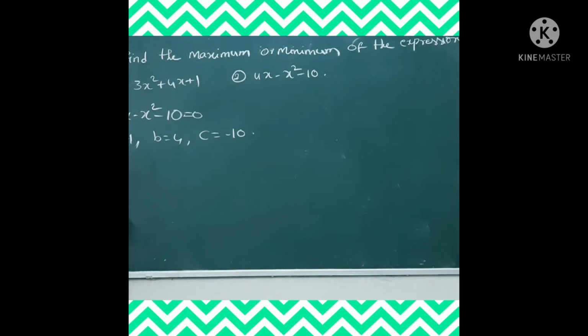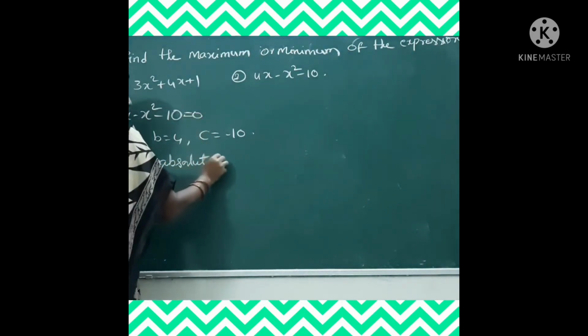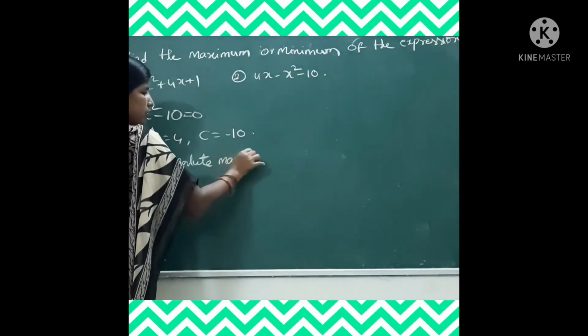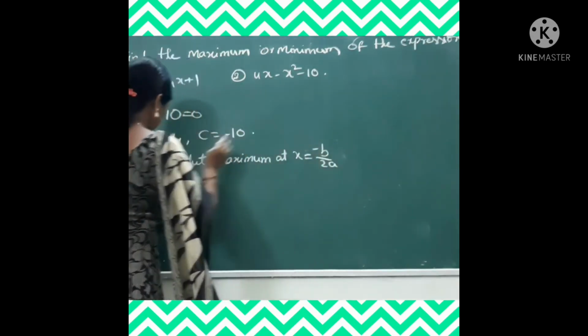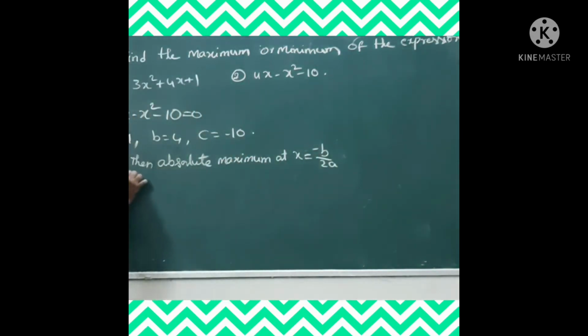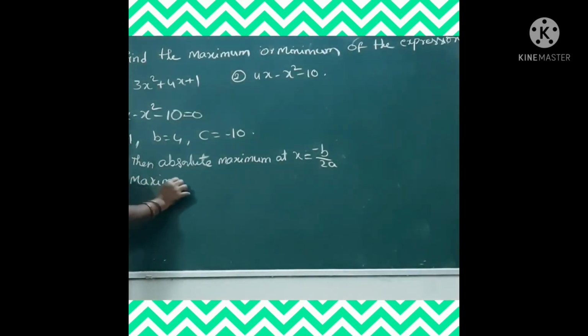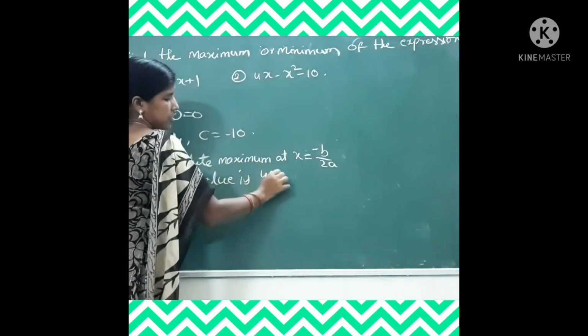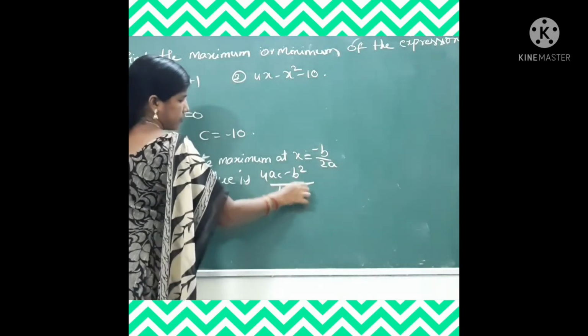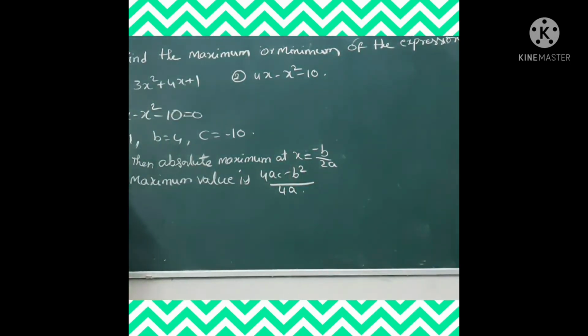Since a is less than 0, there is absolutely a maximum value at x equal to minus b by 2a, and the maximum value is 4ac minus b square by 4a. Okay, now, therefore the maximum value is